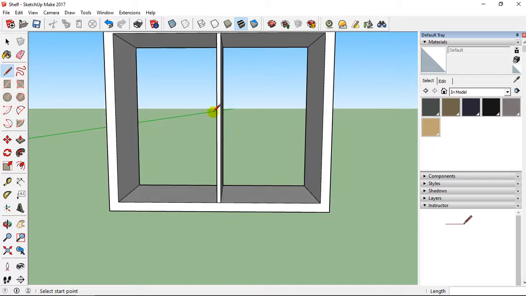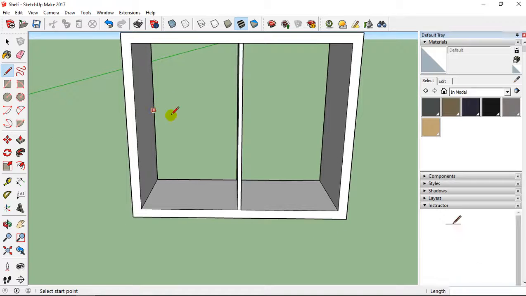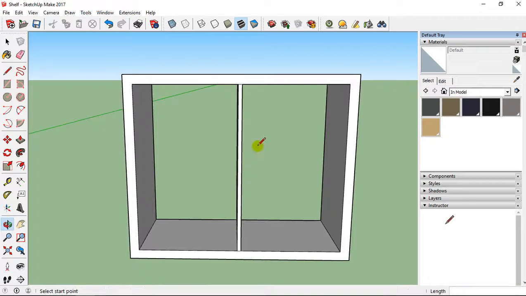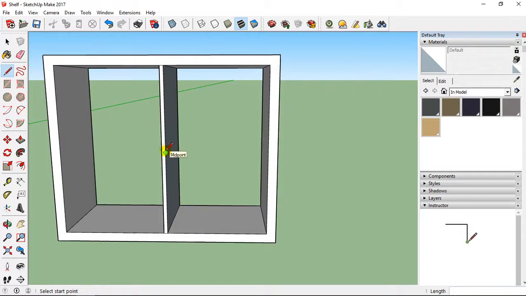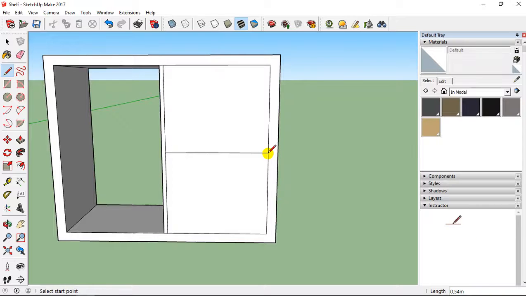Then I'm going to add 3 different steps. So again, I'm going to take the line tool and I'm going to search the middle. Now here I have a midpoint, so I'm going to take this midpoint to this midpoint.